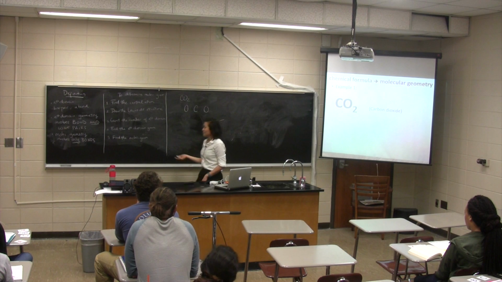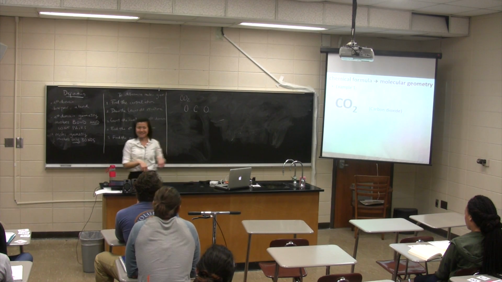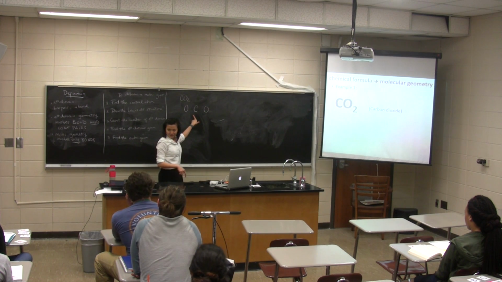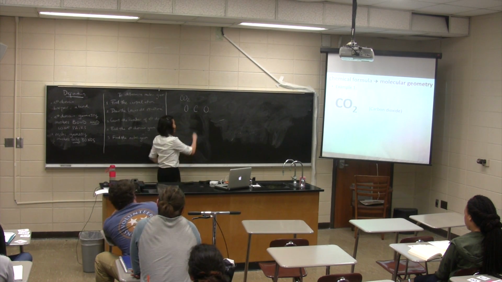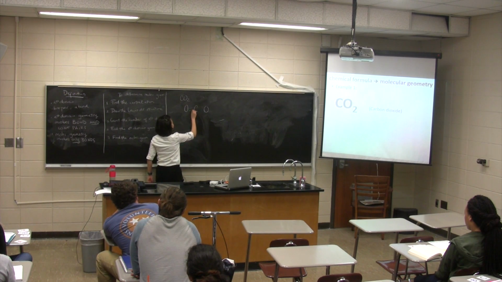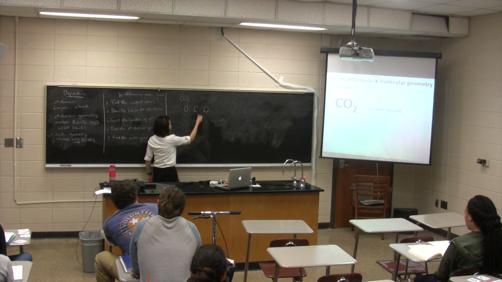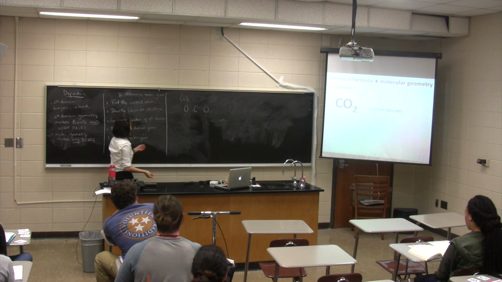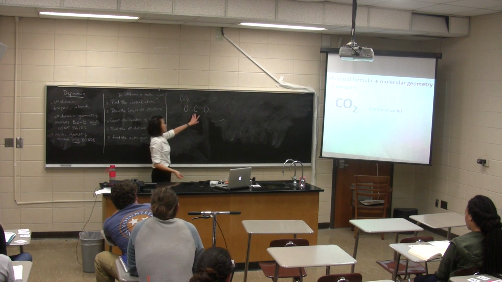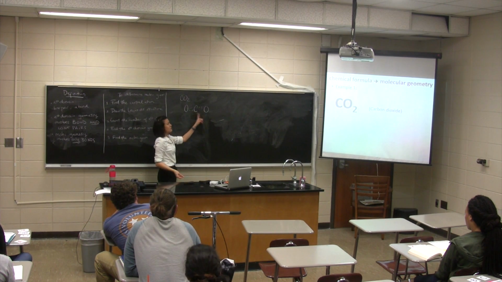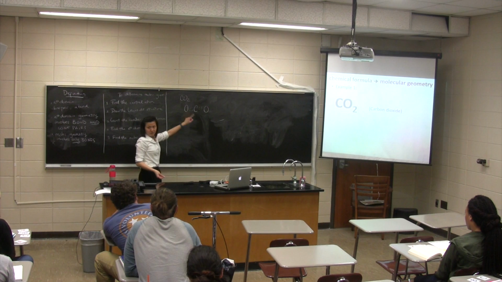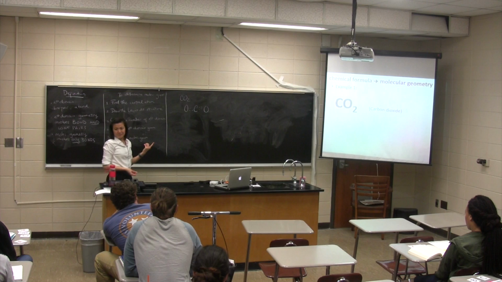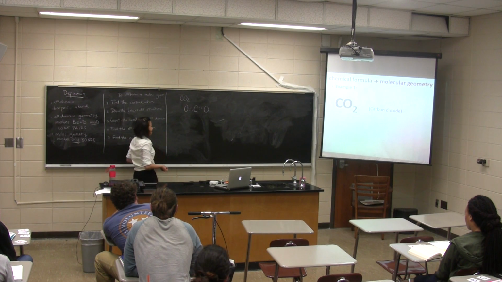So now, from your chemical knowledge of classes before this one, what kind of bond can oxygen form with carbon? Everyone? Double bond. So for double bond, you draw two electron pairs, and the other side, same thing. We want to find the molecular geometry of the central atom only, so we really care just about the Lewis dot structure around the central atom. Okay, so now is carbon happy? It is happy, so we can move on to the next step.